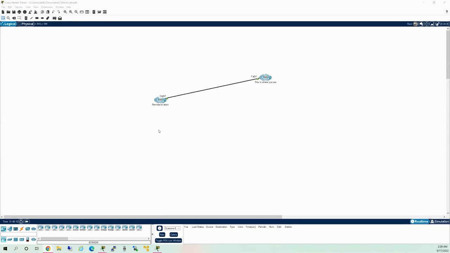Hello there. In today's lab, we are going to go through a four-step process, or at least four bullet points, explaining what to do here. The purpose of this lab is to connect to this remote site and figure out some information about two PCs. So this site has a router, a switch, and two PCs. Your job is to go to this area where it says this is where you are,